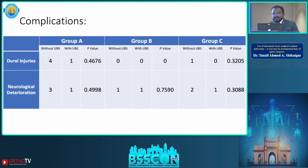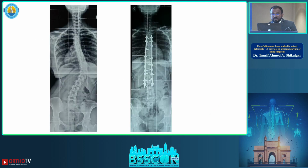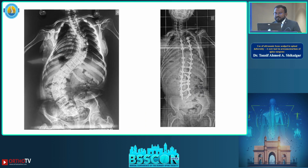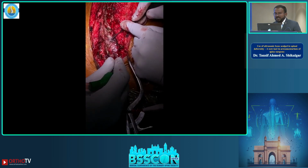We have encountered some complications such as dural injuries and neurological deterioration. However, they were not statistically significant. Being a retrospective study, the small number of cases is a limitation of this study. And we have to take into account that many other tools along with the ultrasonic bone scalpel are used during surgery. These are a few case examples, and this is a video demonstration of the use of the ultrasonic bone scalpel during